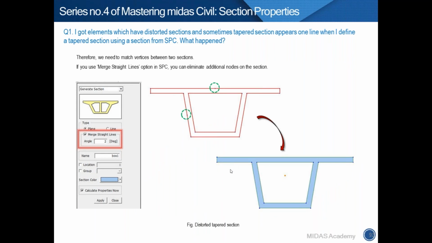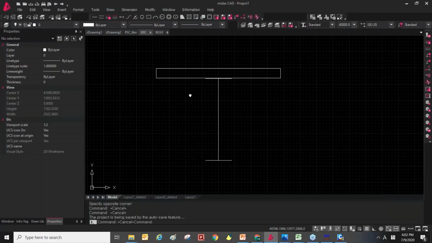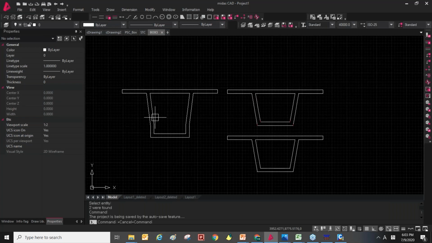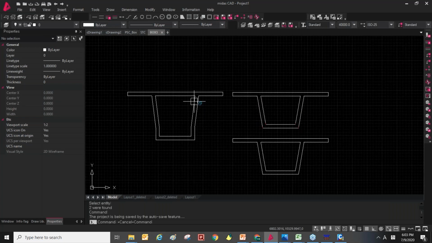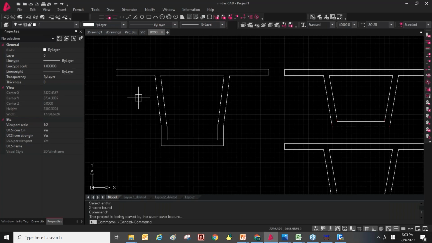When we create the section from index SPC, we need to create a node and connect the node by a curve. And also sometimes we can import the drawing file from AutoCAD like this. So let's say we have a three section. So when we make our section,